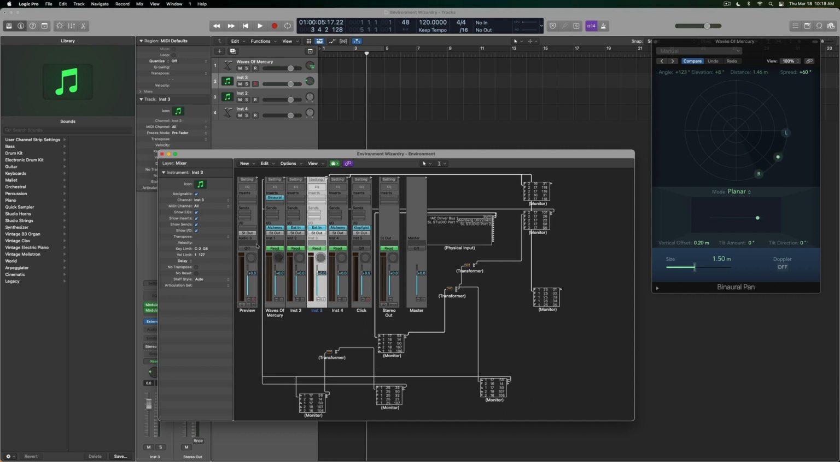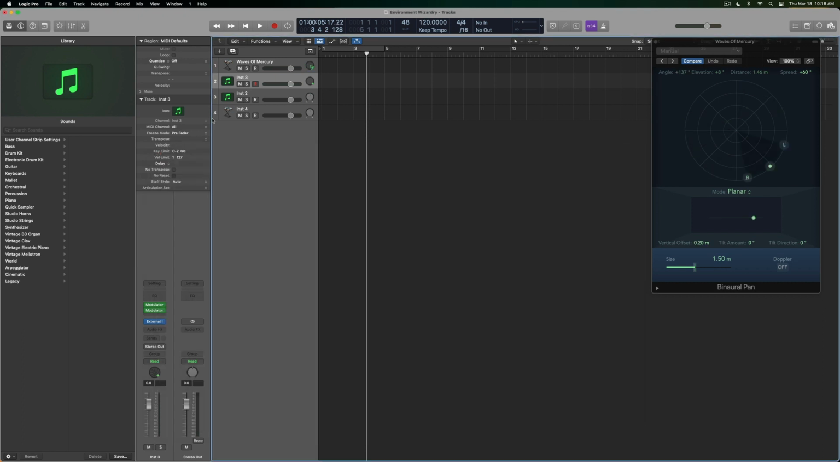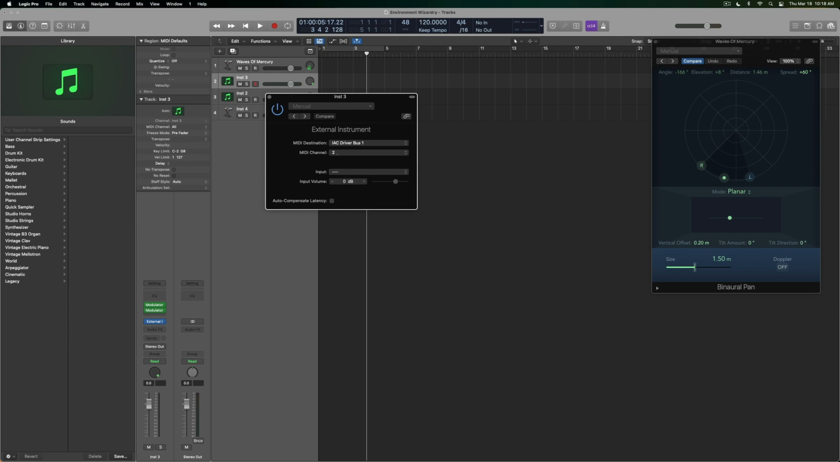25 is the one where it's on the outside, and then 26 moves it into the middle. So 25 is the circle, 26 moves it inward. But I just wanted to move it around, not necessarily move it inward. So I put another external in on this track, and in this case, I sent it out MIDI channel 2,